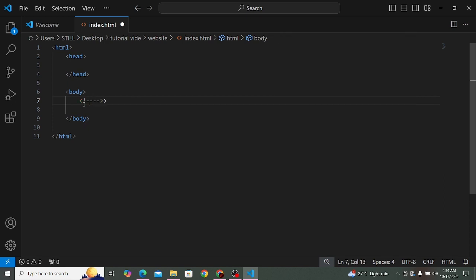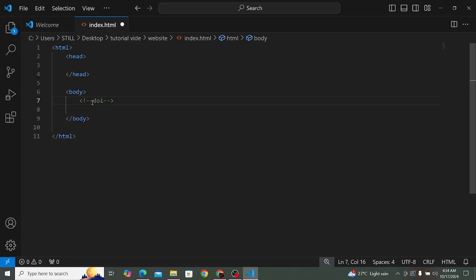So exclamation, dash, dash, then the closing tag. And in between the double dash, you type the comment that you want to implement over there. So let's assume I want to say